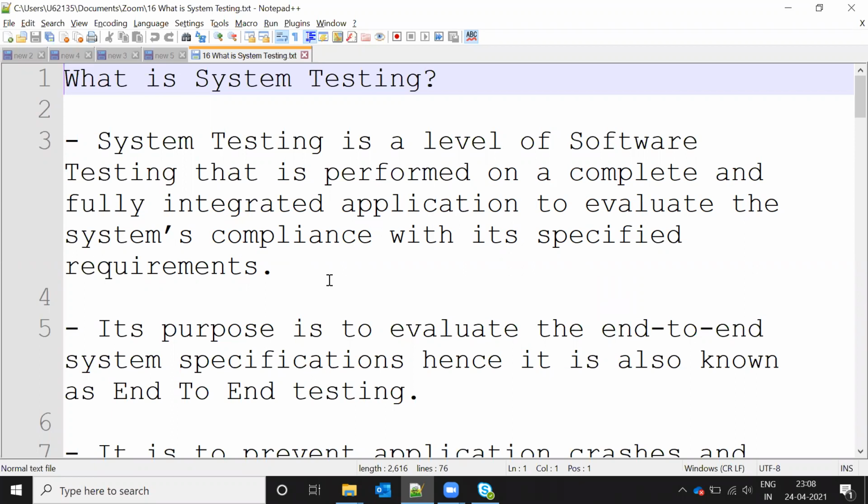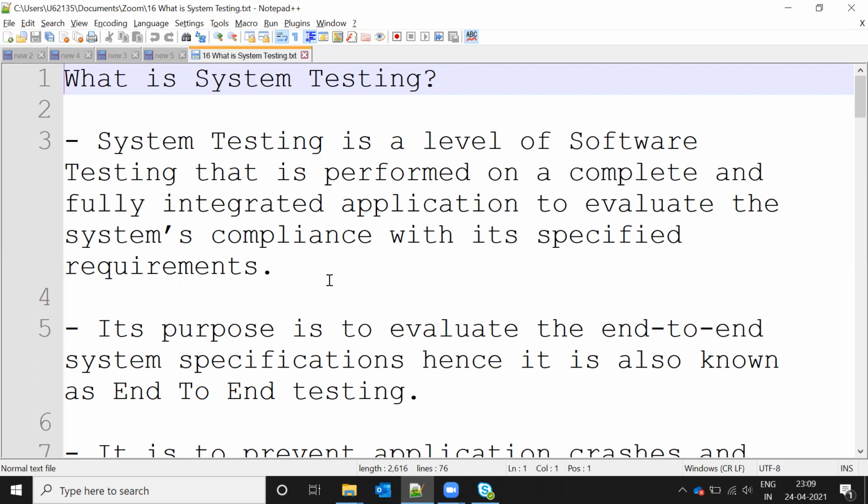Specified requirements means, before starting, we get a requirement document, right? Based upon that and the final integrated application. Like unit testing, a developer writes a piece of code, and we check whether it is working as expected or not. Then integration testing: after completing each module, we integrate all modules.